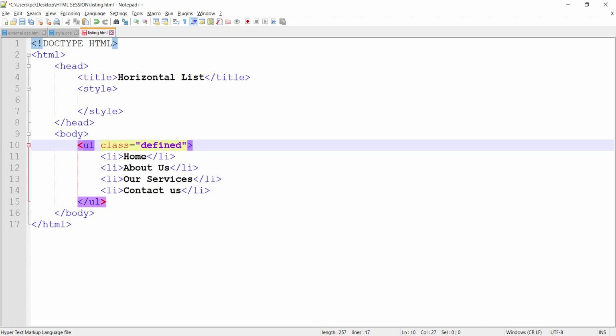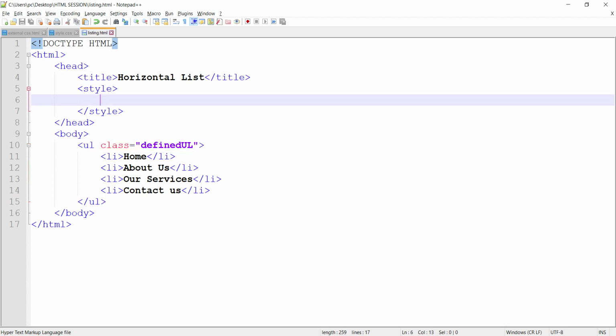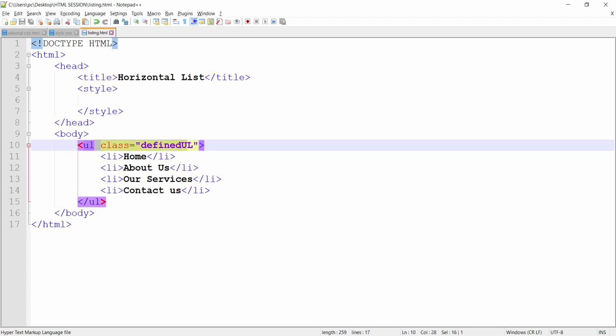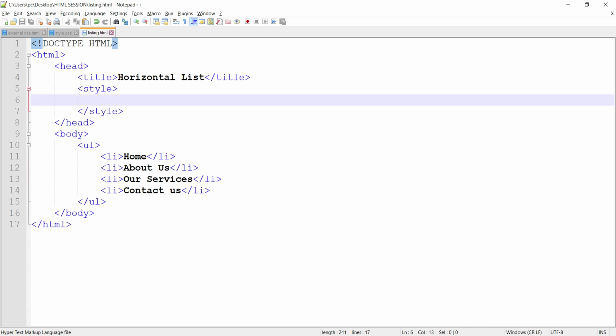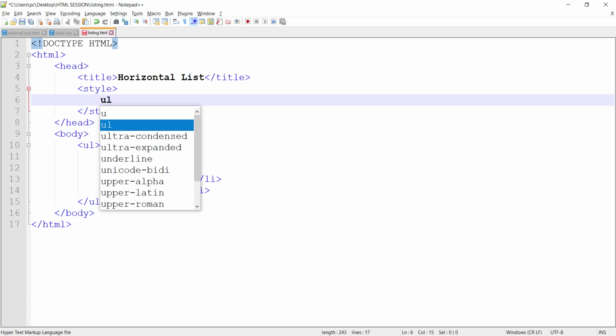I have given the class name defined UL here, right? You can give the class name also, or you can directly use the tag name also, UL. But not for every tag you can use. Just do the practice. As the time comes, I will show you which tags we can use directly. So I want to target UL.